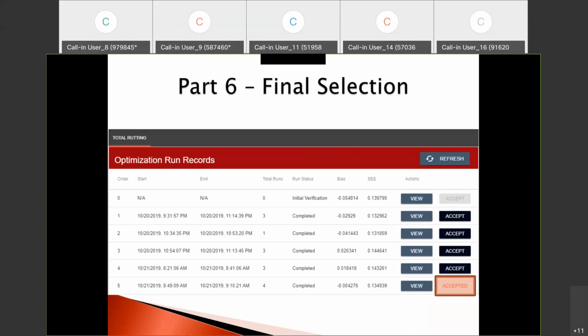So it doesn't take a very long time if you change one coefficient at a time. Now, if you have 25 different sets, it may take a little longer. But the nice thing is you don't have to wait for it to complete. You can come back to it when it's done. So now, once you click accept, for all of these options you'll have a view or accept. We accept this particular run 5, and we move to